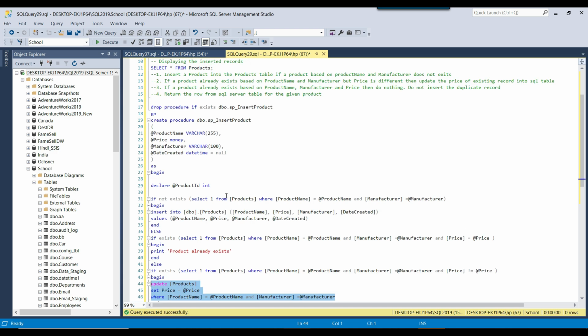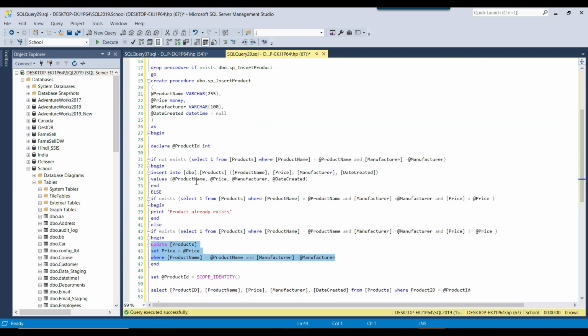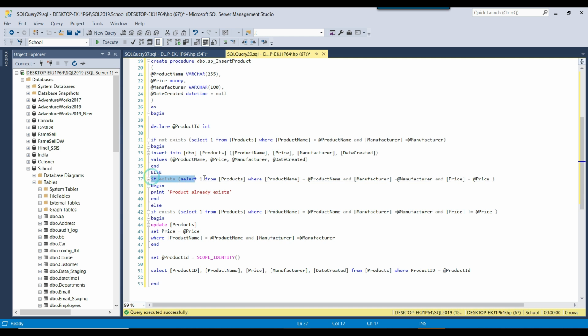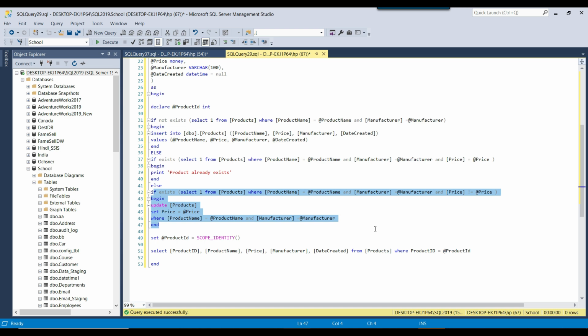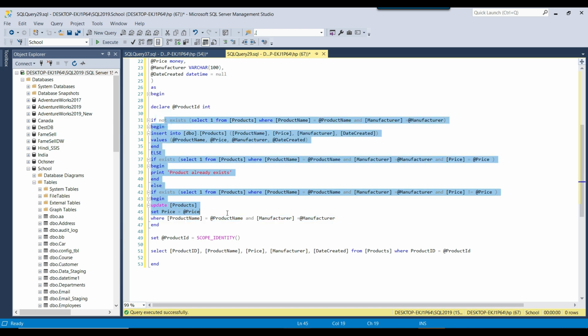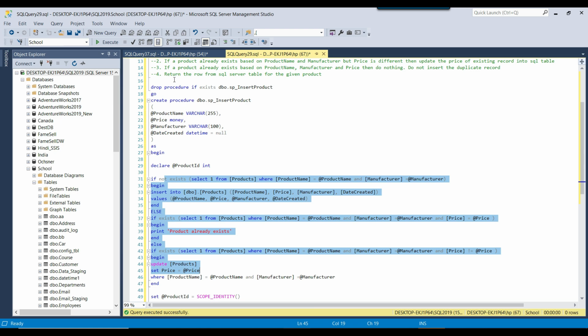So now all the first three conditions are done. In the first condition, if the product doesn't exist, then we'll insert the product into the products table. In the second condition, if the product already exists based on all three columns, then we won't do anything because the product already exists. Now in the last condition, we are checking that if the product exists based on the product name and the manufacturer, but the price is different, then we will update the price. So we have done all three conditions, and now in the fourth one we just need to return the